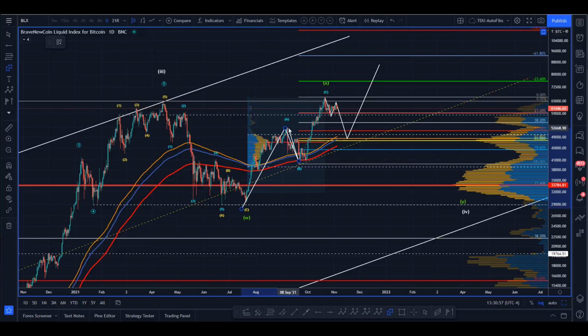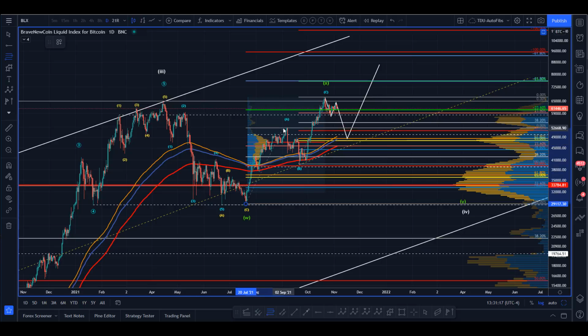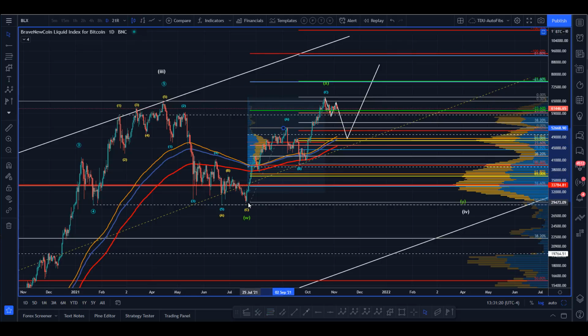Well, once we start going and we break this high, you might have been looking at that saying, oh man, I don't think I like this here because I'm not sure I like the count. That could be an AB, could be 1, 2, or 1, 2, 3. We're going to have some diagonal. But if you don't take the first trade that's there, you miss the run. If you don't take this, right on the pivot, right on this 50, you missed that ride because you were over analyzing. Could be this, could be that, maybe. I'm not sure. I'm just showing you here. Don't let the Elliott keep you out of